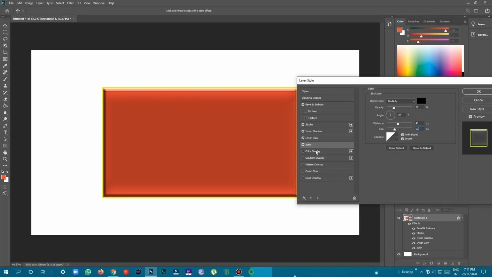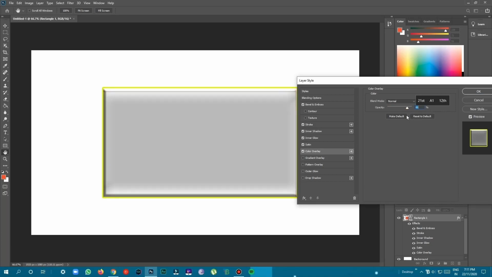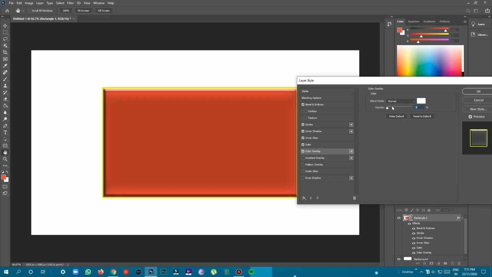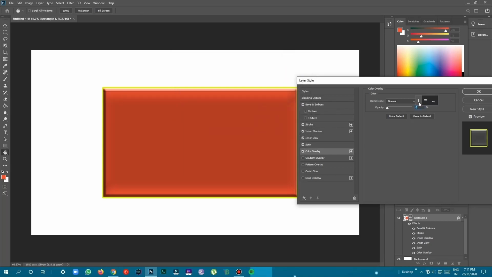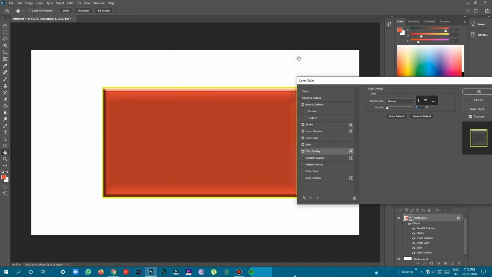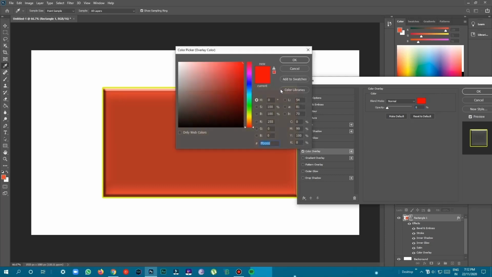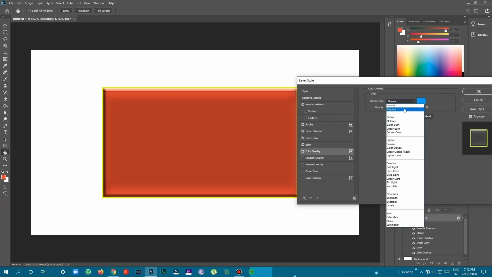Next is the color overlay. It's just like a background color, the total color will change when we use this. For example, I'm using red now, but we can use any color as an overlay. We have to increase the opacity so that we can see that color.